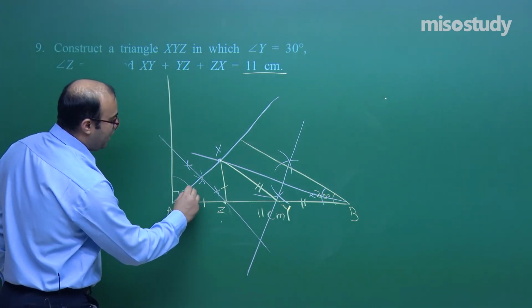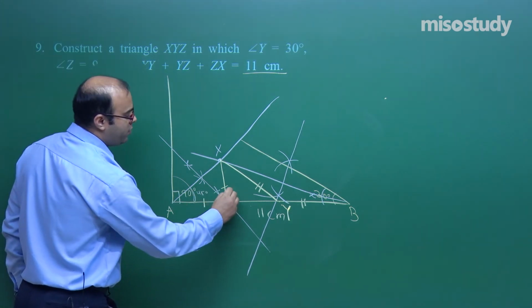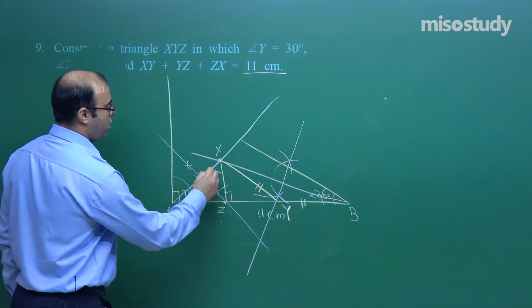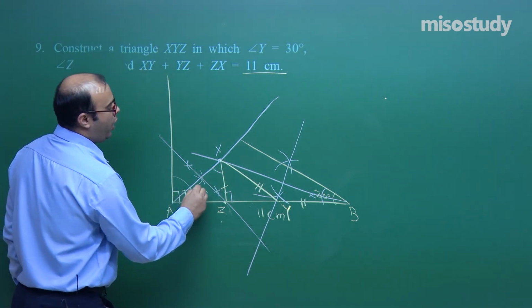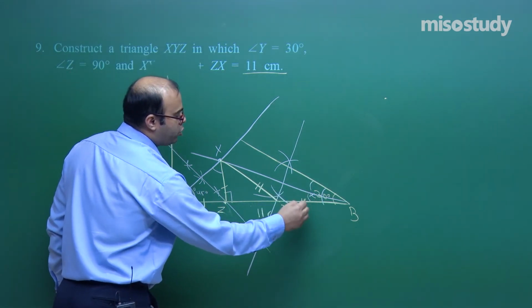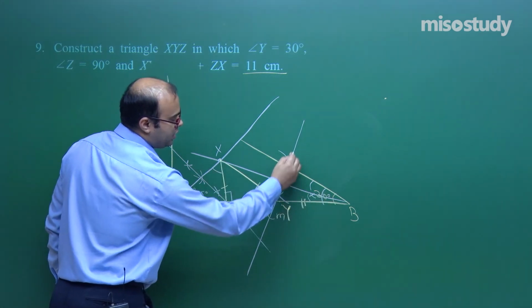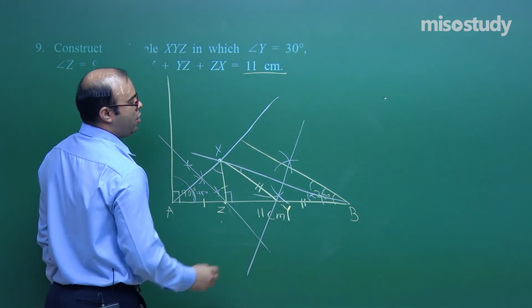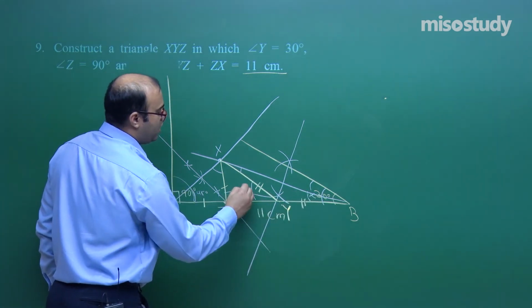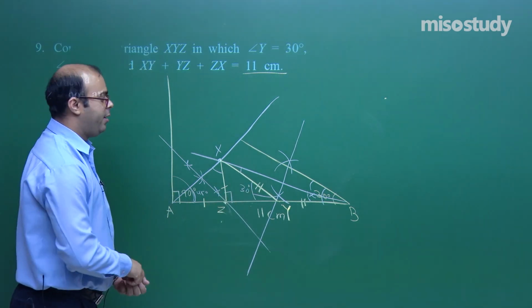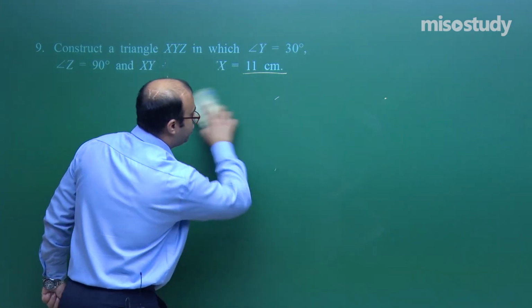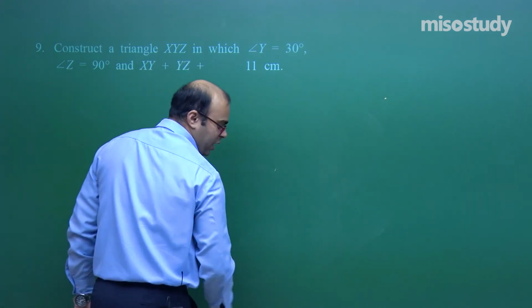Further, this angle is 90 and this is 45 degree. If you observe, this angle is the sum of these two angles which are equal. We studied in theory of construction. These two are equal. So this is actually twice of 45 degree, 90 degree. Similarly here, these two angles are equal, and since this is a perpendicular bisector, this angle is equal to this angle. And this angle is the sum of these two angles, that is equal to twice of this. So twice of this is 30 degree again, twice of half of 30 degree. So this was the justification which we already know by the theory of construction chapter. I am telling you for a revision. So these are the steps.